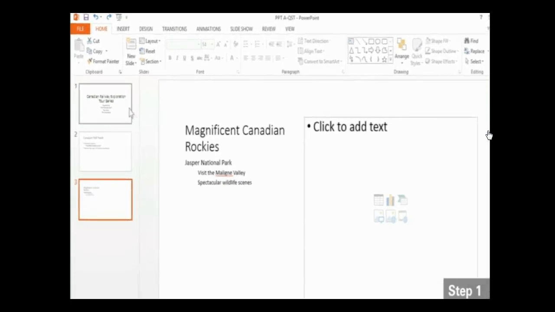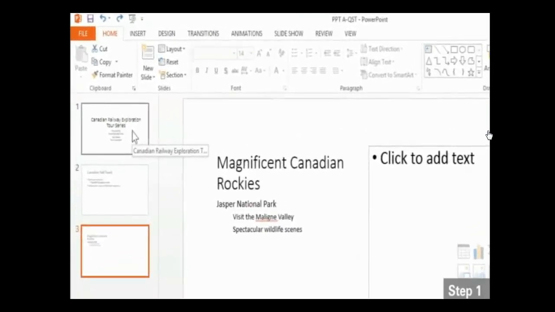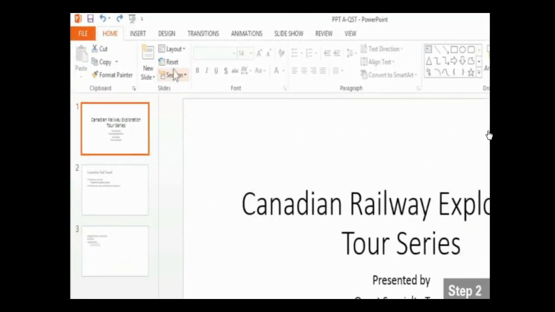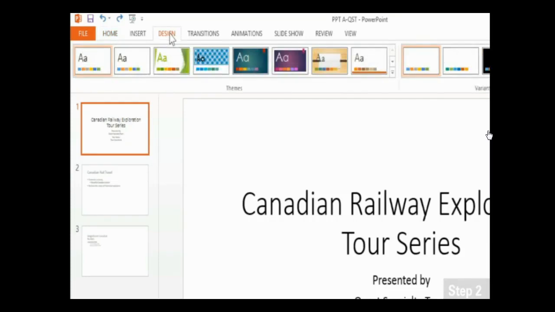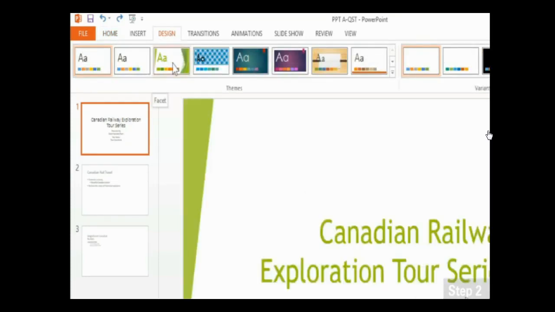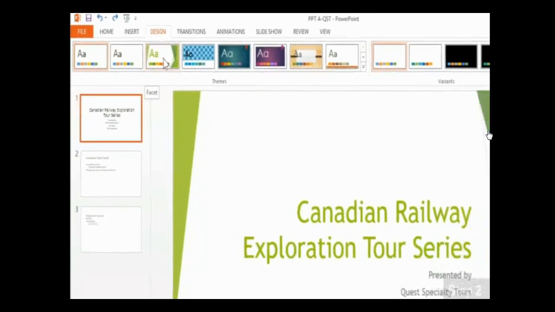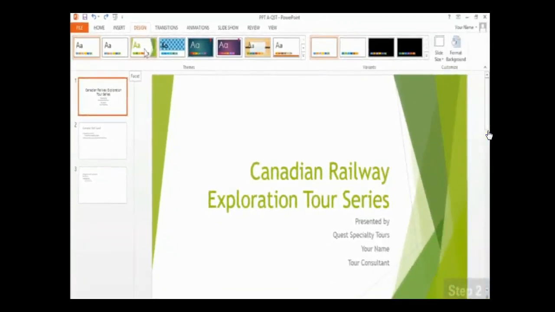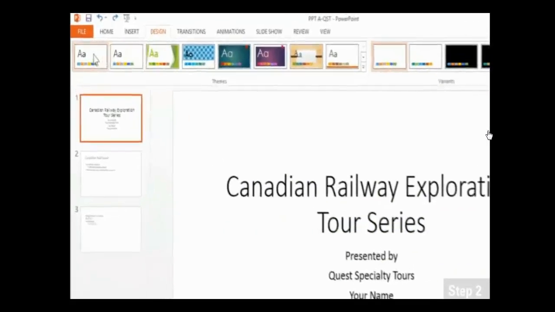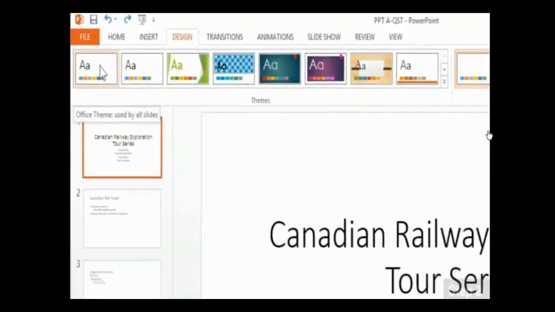In step 1, I'll click the Slide 1 thumbnail. Then in step 2, here on the ribbon, I'll click the Design tab, and in the Themes group, I'll point to the Facet theme. A live preview of this theme is displayed on the slide, allowing you to see what it looks like without actually making the change. And by the way, the first thumbnail here shows the theme that's currently applied, and in this case, it's the